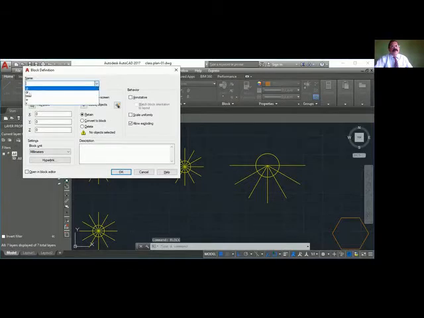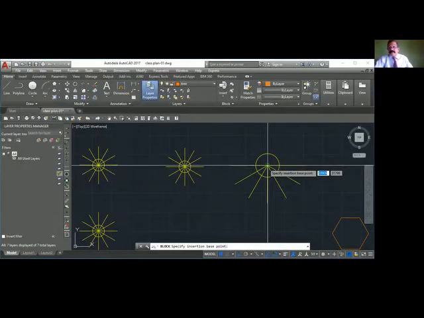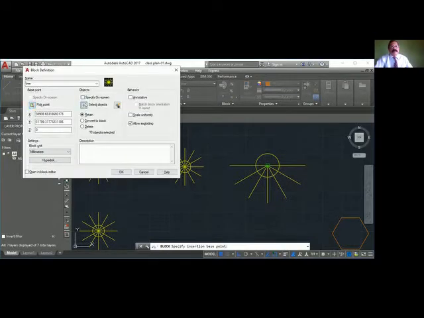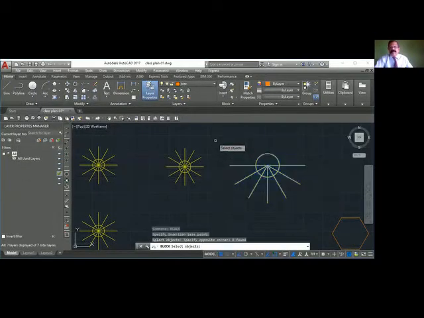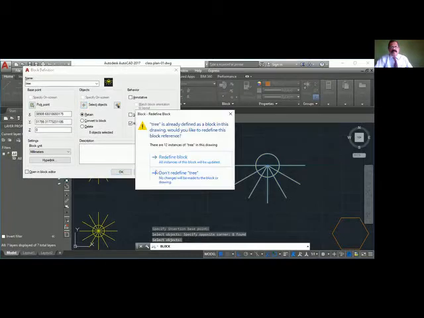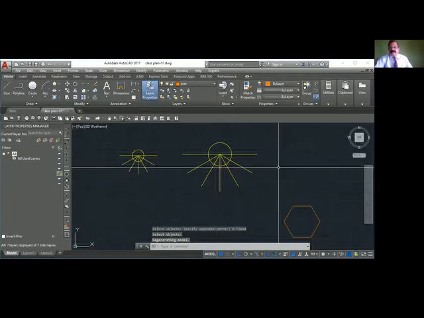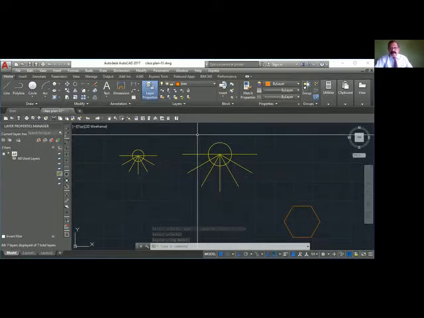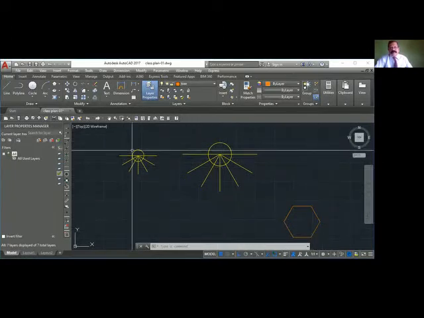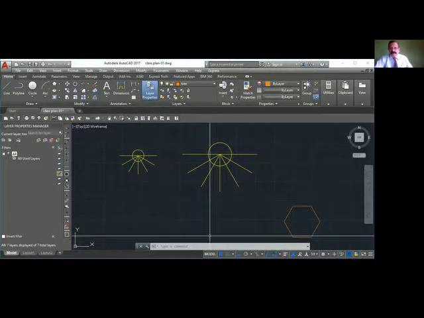Again tree. Pick point, so center of the circle. Select object. Selected. Okay. You can see everywhere it's changed. So either you can change with the modification of this, or you can give a new one like this. Okay.